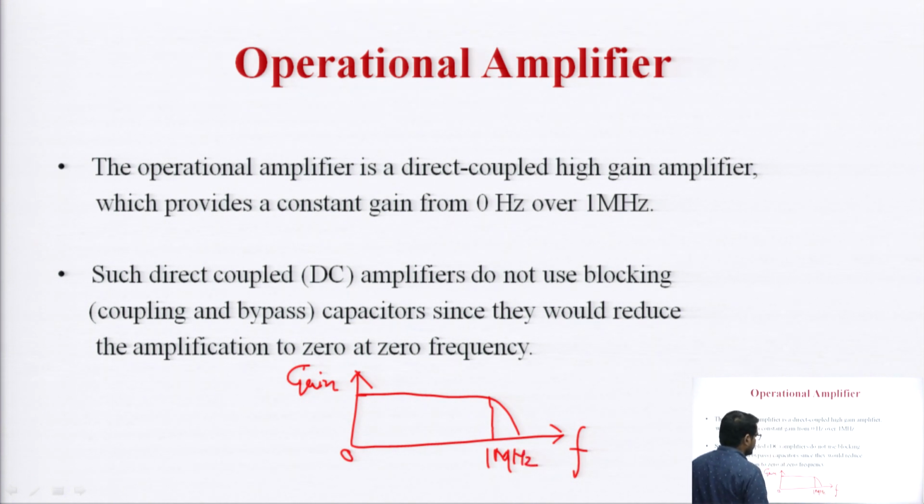Okay. So the first point says a direct coupled high gain amplifier, because it covers the frequency f equal to 0 and the gain will be constant over 1 megahertz frequency. Okay. And the second point says that if we use a coupling capacitor and bypass capacitor,